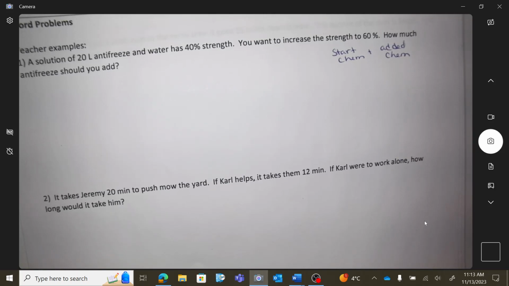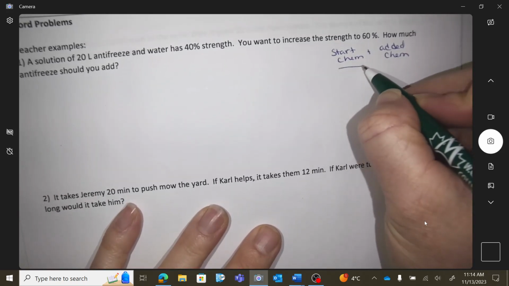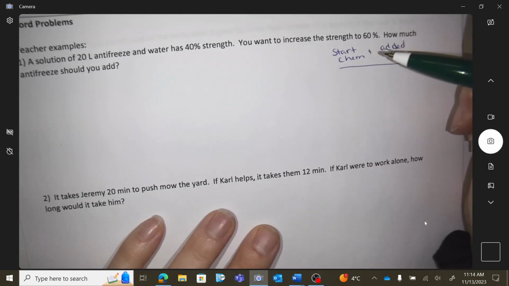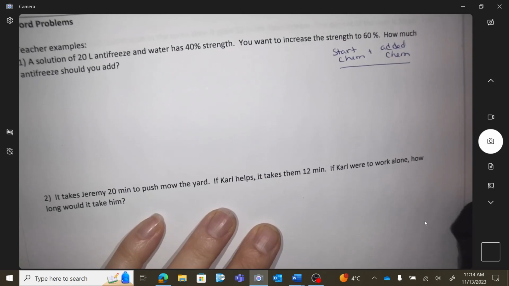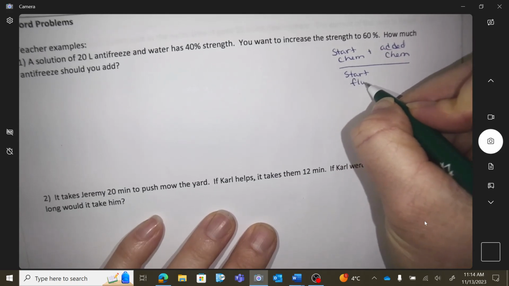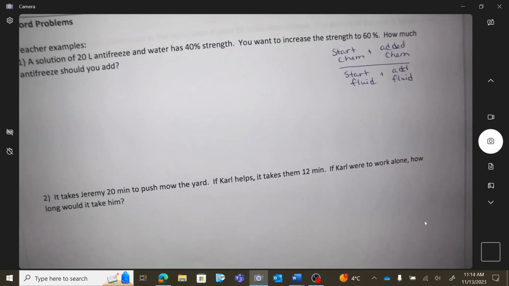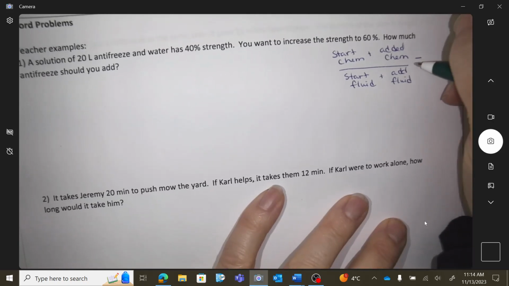When you start with something, you don't usually use just chemical, you usually combine it with water. So sometimes we're going to start with chemical and add more. Sometimes we're going to start with 0 and add chemical. And then start total fluid versus add fluid. The fluid that I talk about is any fluid, so it could be chemical or water or both. Okay? Equals,